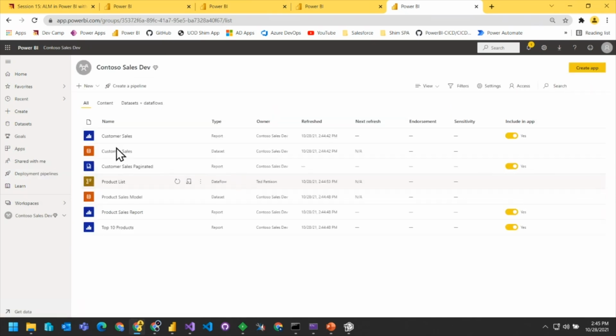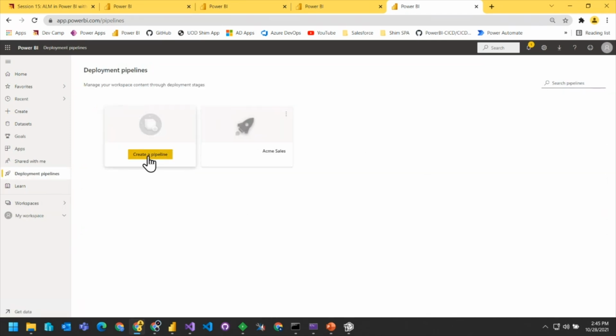So at this point, we haven't done anything other than run API code to create a new workspace and fill it with our content. But now we have things like the data sets pointed to the right data set. We have credentials patched so we can run refresh operations as well. So now we get to the point where we want to create a pipeline. But earlier I showed how to do that